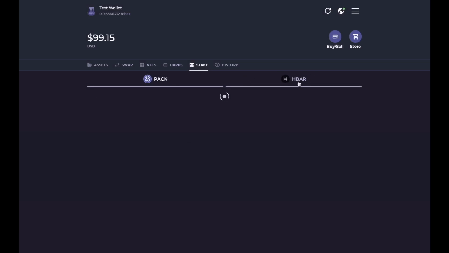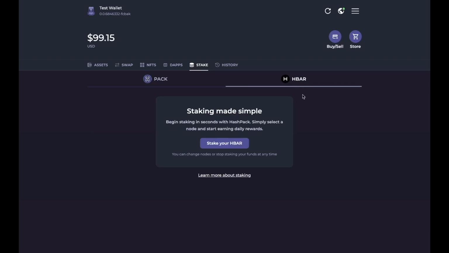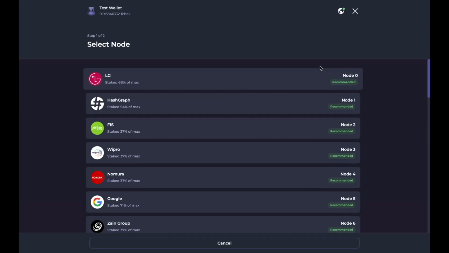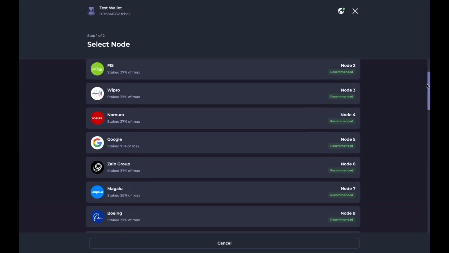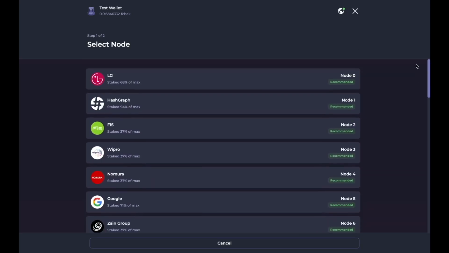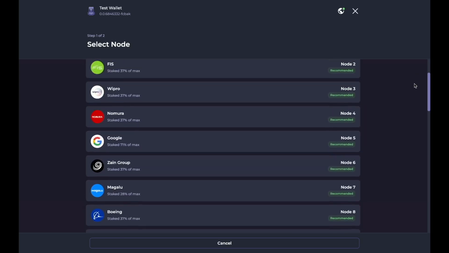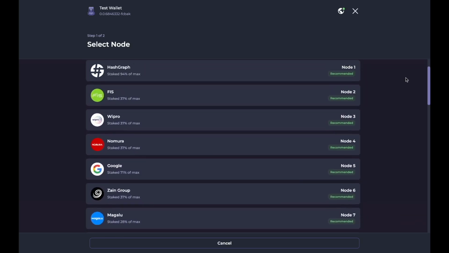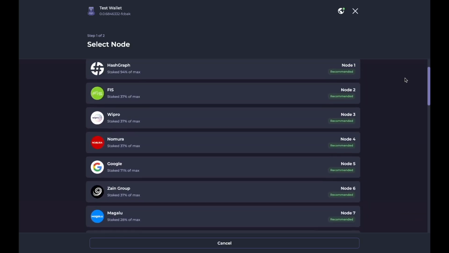Now I am going to go to the HBAR. So instead of me just holding my HBAR waiting for the next bull run, within the HashPack wallet I can stake my HBAR and earn 2.5%. So here are the different nodes that I can choose from, which are run by the different governing council members.